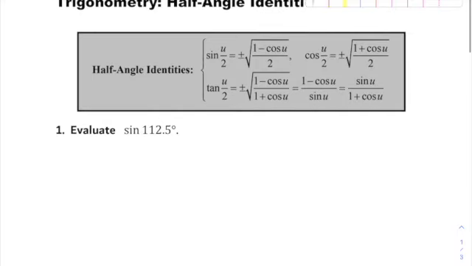So if you notice, these are all expressed as sine of u over 2, cosine of u over 2, tangent of u over 2, as half of an angle. And then you use whatever that angle is in the identity, whatever that u is. So the idea is 112.5 is not a nice angle, but is it half of a nice angle, a unit circle angle? So off to the side, you might just be able to do this in your head, or you might have to, off to the side, say, this u over 2 expression that I'm looking for,